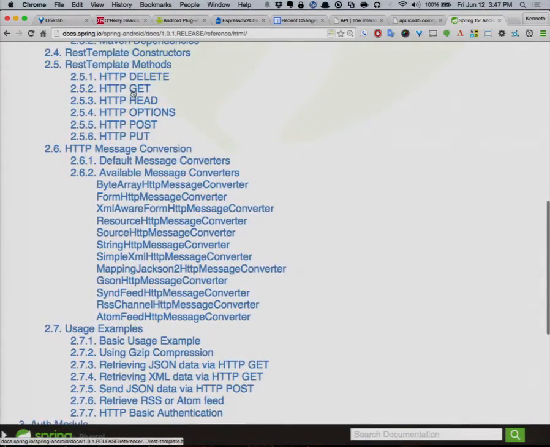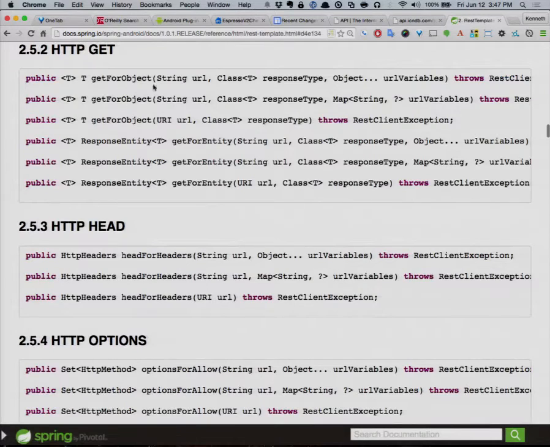If I go to the GET requests, then what it says is if you call a method called getForObject, and you provide a URI with those little URI templates in it, the parts with the braces around it, and I supply values in there, I also have to supply a class that has a structure that maps to what the JSON structure looks like. And then when I call this method, the REST template will download the JSON response and parse it and provide an instance of that class for me right away.